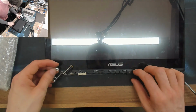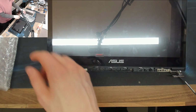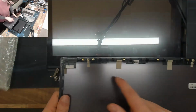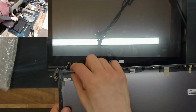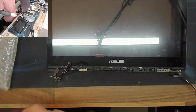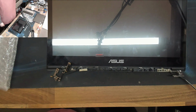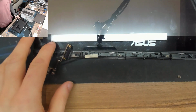Anyway, so the real problem we've got here, as you can see, is this is all broken off from here. Not very surprising, really. Again, you're putting the entire weight of the monitor hinges on this little bit of plastic here. That's not going to last. That is not going to last. I don't understand why laptop designers keep doing this. Surely they must know that it has...